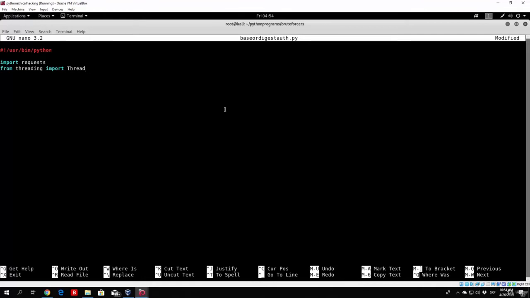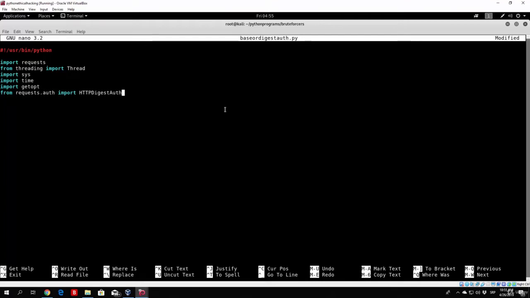We will also need this threading library because we need to manage different threads that will brute force the basic authentication. So that's why we are using this library. We will use sys in order to specify the arguments for the program itself. We will import time in order to pause our programs if we need to. We will import the getopt library in order to parse our options that we are going to use in our program. And also we want to import something new, which is from requests.auth import